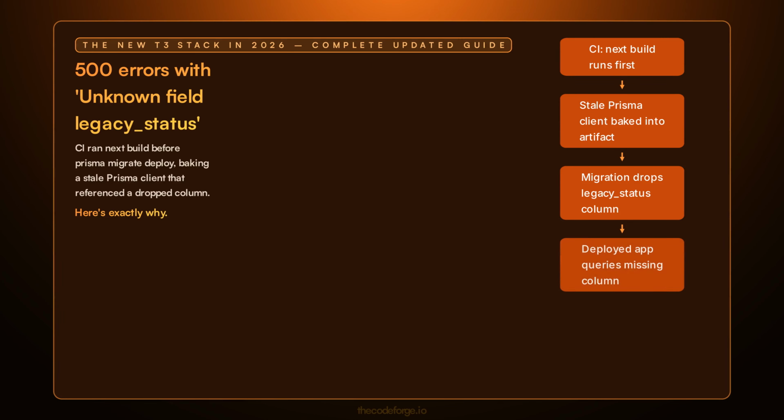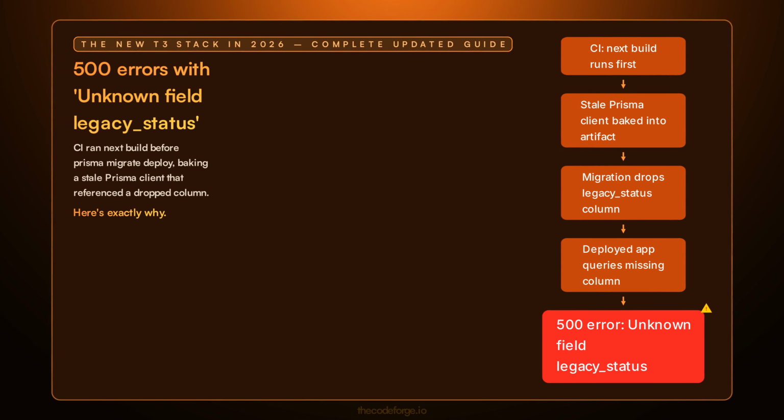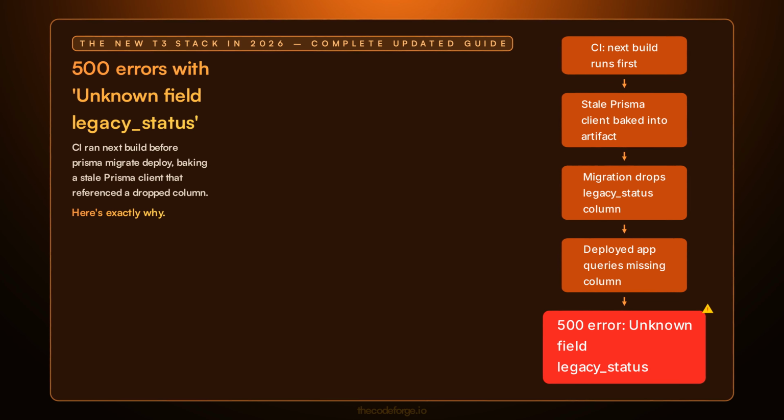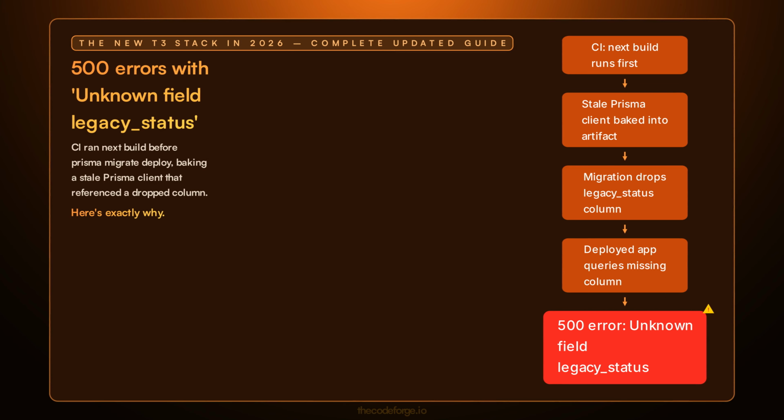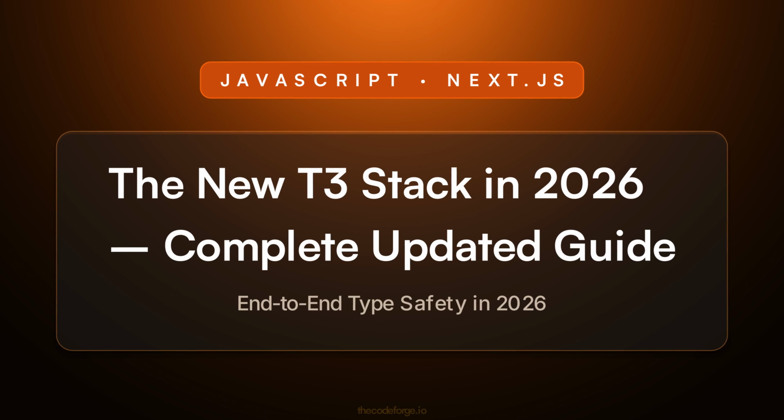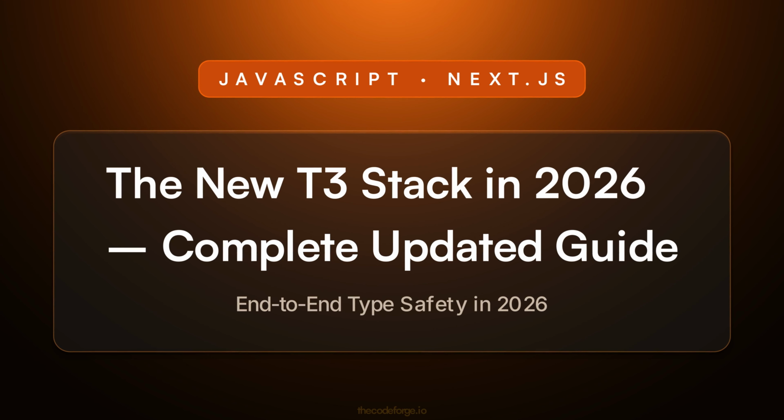API endpoints returned 500 errors with unknown field legacy status, and TypeScript compiled without a peep. The CI pipeline ran the build before the migration, baking a stale Prisma client into the deployment artifact. Let's break down the new T3 stack in 2026, complete updated guide, how it works, and the exact mistake behind